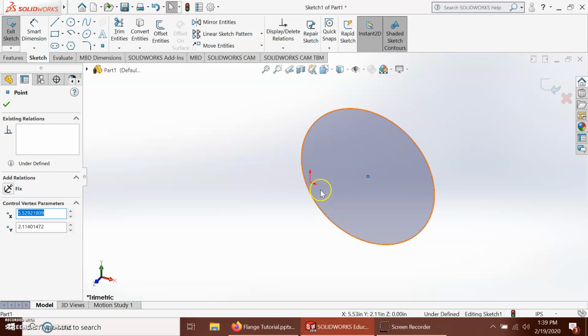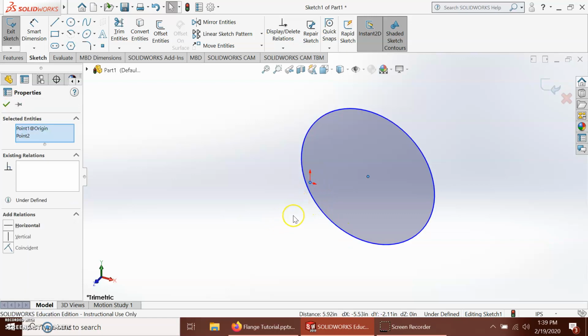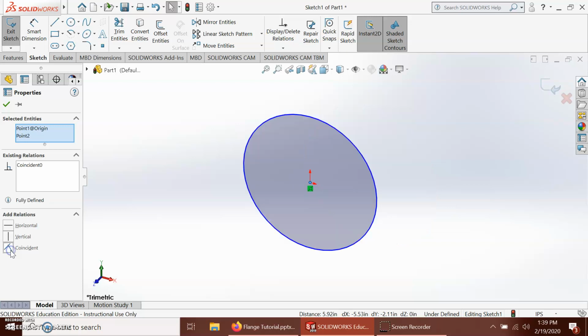If I hold the Control button and click there, so now I've clicked point 2, which is the center of the circle, and I've picked the origin. The origin, that's the middle, the center of all of our things. And then it tells me, okay, I can add any of these relations. So if I do horizontal, what is it going to do? It'll make sure those two points are horizontal. Vertical will make sure the two points are vertical. I want to do what's called coincident. What coincident means is the points are in the same spot. So it's going to tag one point to the other one. So if I click that, notice it moves the center of my circle right to